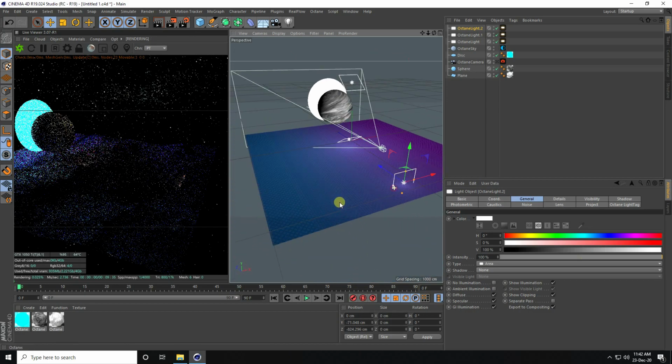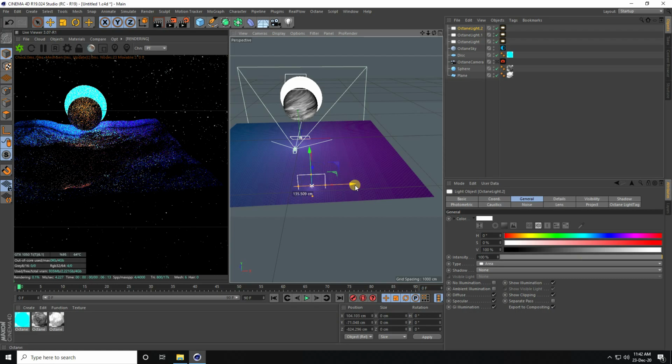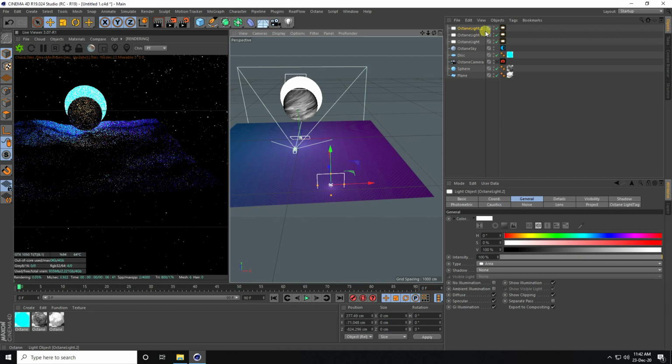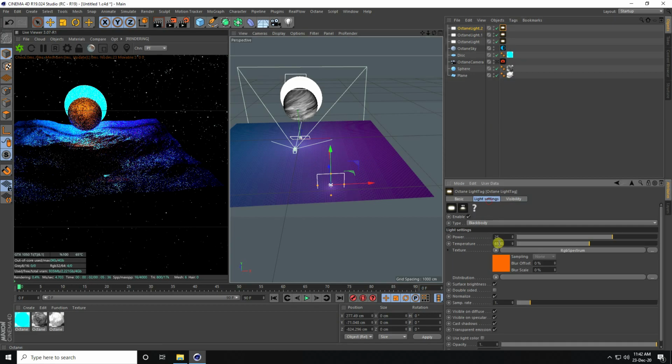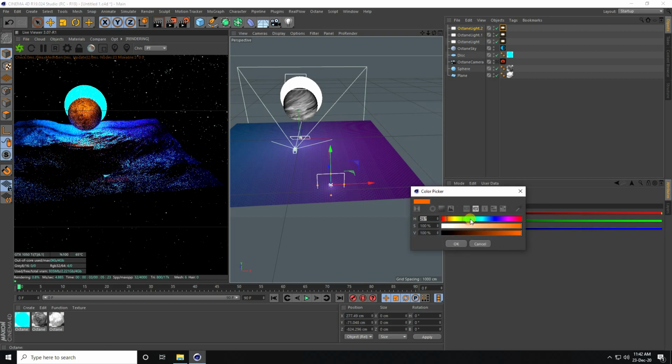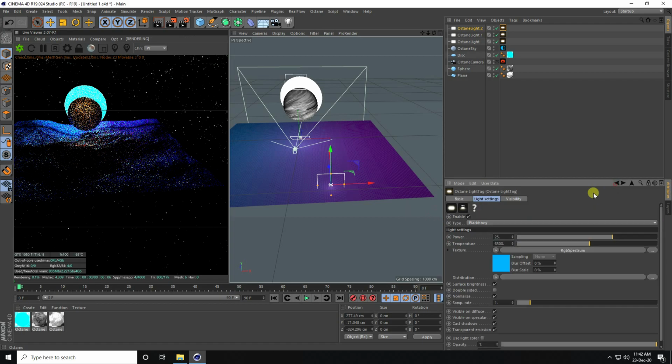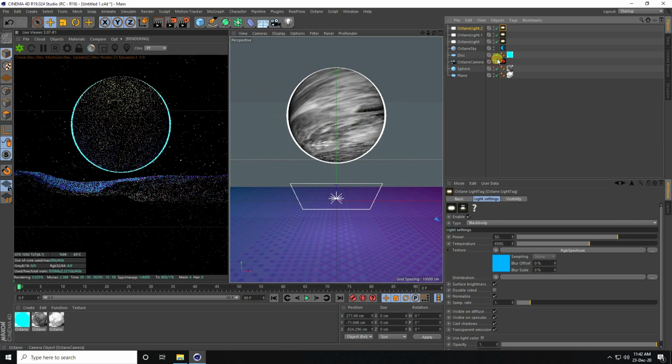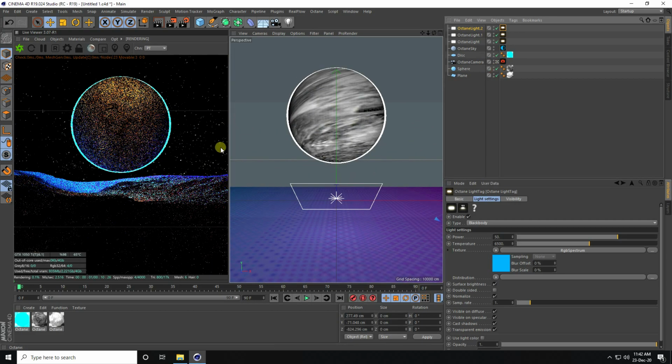Guys, this time I change only color like this, and color I take blue color. Blue color. Yeah, and guys, power I take 50. Yes. Right, and go to camera. Yeah, much better.